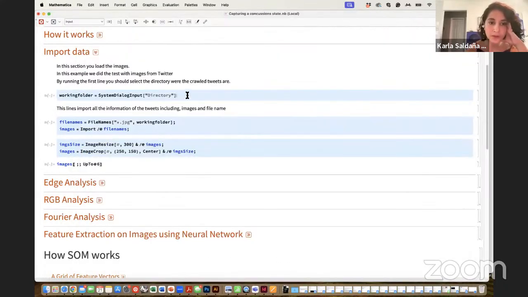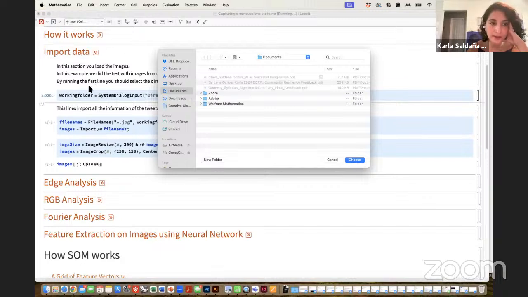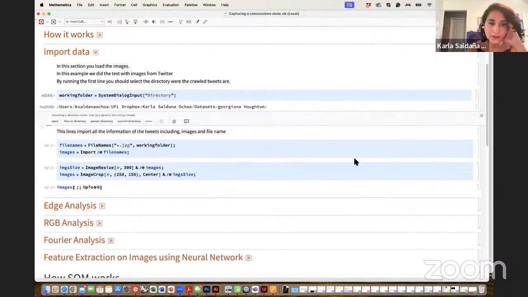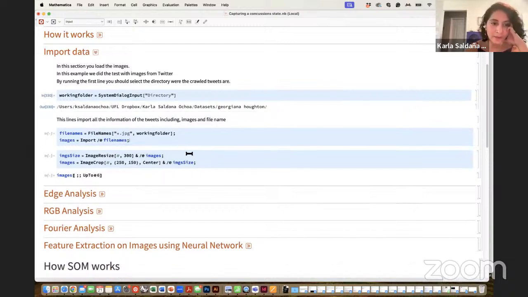So how this works, the first line that you have to run is identifying where you saved your data. So here I have my data saved in this particular folder. And as I said, I'm going to be working with this data set. So now I have defined in my directory where my data is. And then this one is importing all the images.